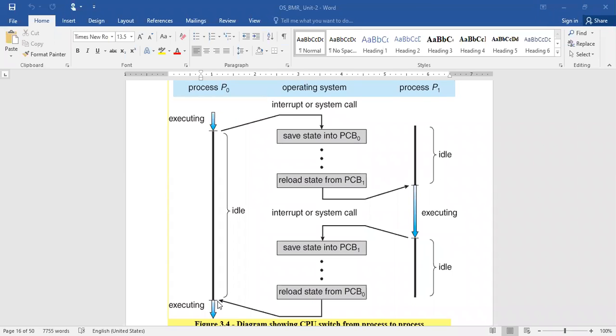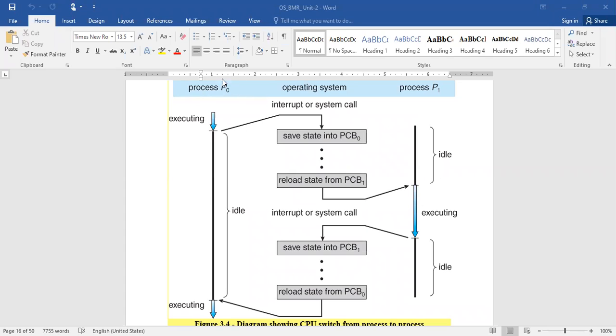Some next location it needs to start. After that, it needs the previously processed information for further processing. So in that scenario, the PCB plays an important role. That is the reason why the operating system maintains a separate data structure for each and every process.